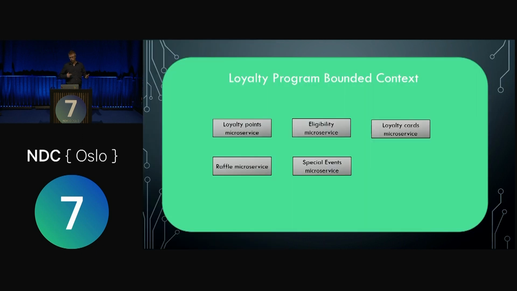So it could probably turn out that loyalty program might over time not actually be a service, but it's a bounded context, which is a term taken from domain-driven design, which is sort of a grouping of these services that kind of belong together and form a cohesive whole. And then some of these that we had on the previous slide might actually be the capabilities that we have in different services. So my point in showing this, even though we're actually talking about testing, is that it